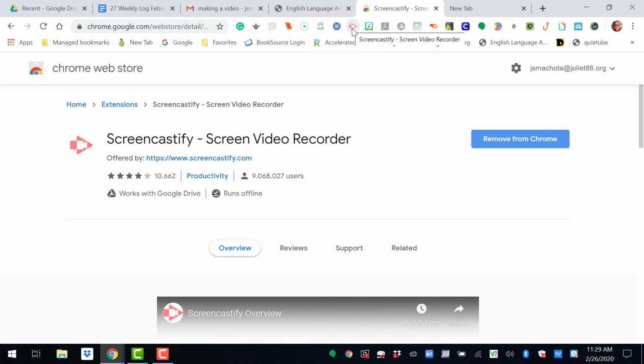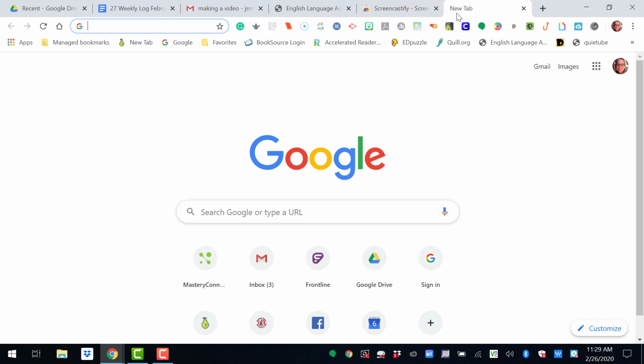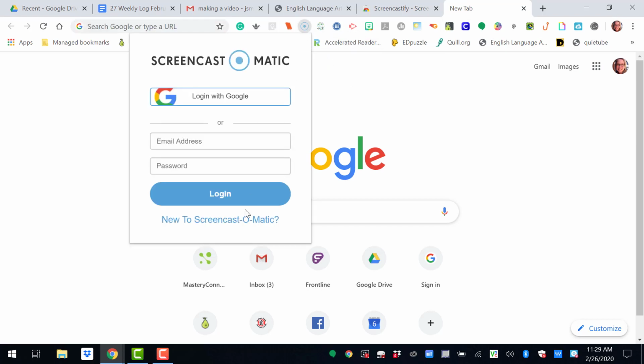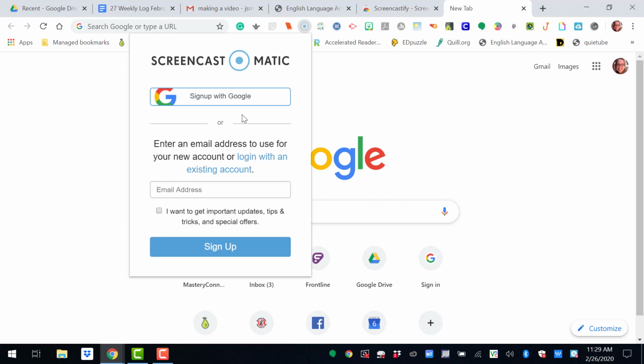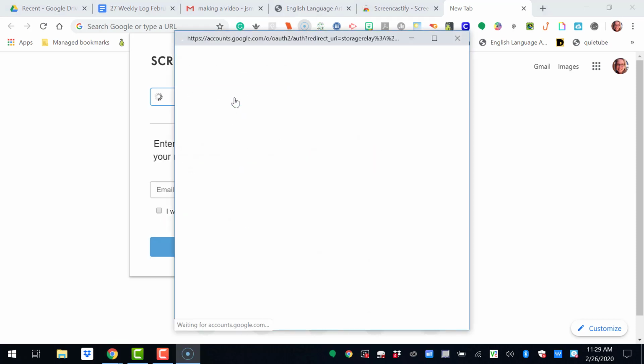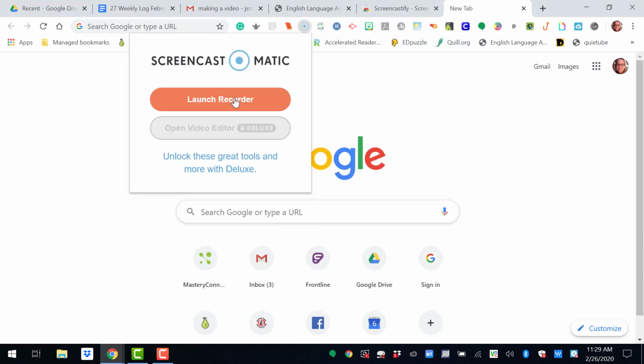It'll save to your Google Drive, but something that I like better than Screencastify is Screencast-O-Matic, and I have it pinned to my bar here, but you can click on New to Screencast-O-Matic and you can sign up with your Google account. It's going to ask you if you want to launch the recorder. When you click that,